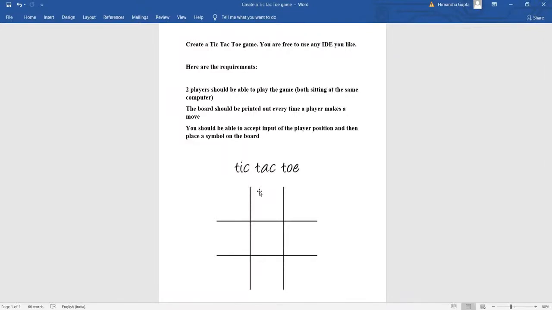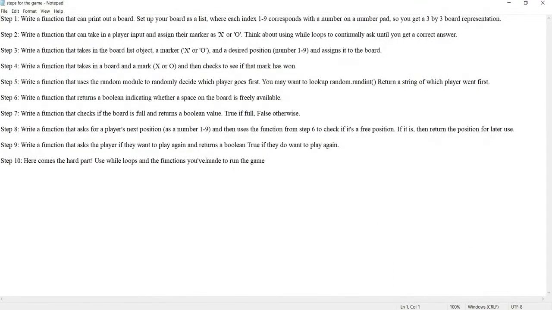For this I have designed a few different steps. I have divided this game into steps, so let's see those steps. If you have a little bit of knowledge of Python, these steps will be helpful to you, because you can design your own tic-tac-toe game without my help and without my guidelines. Here are the steps, and these are very small, easy steps; you can literally design it easily.